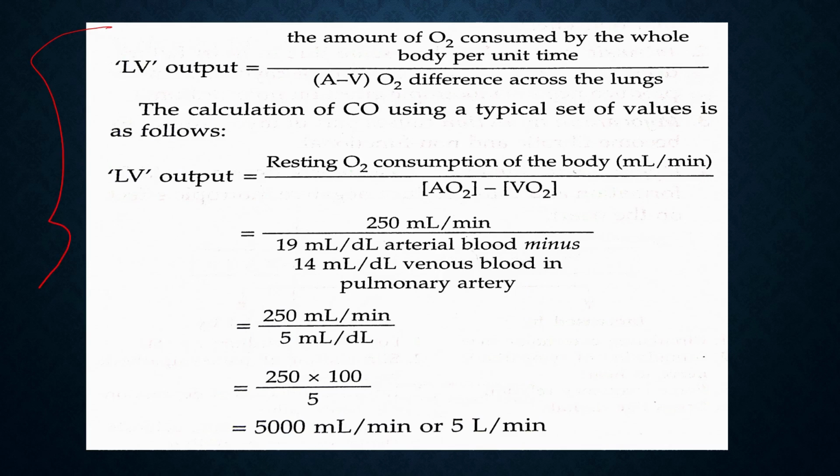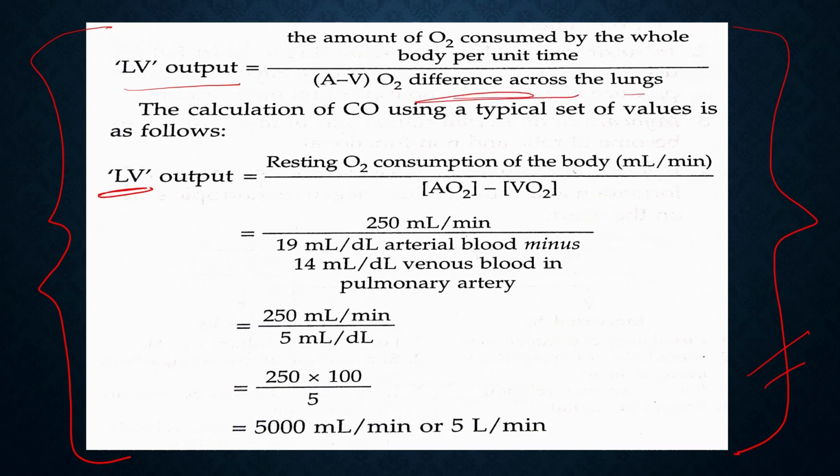See here, I have mentioned the entire formula and the entire procedure to calculate the final answer. See, let me show you. Cardiac output is the amount of oxygen consumed by the whole body per unit time divided by the A minus V oxygen difference across the lung. These are the standard values, which will come as 250 by 5 into 100. That's approximately 5 liters per minute. Hope this much is clear to you all. Moving forward,